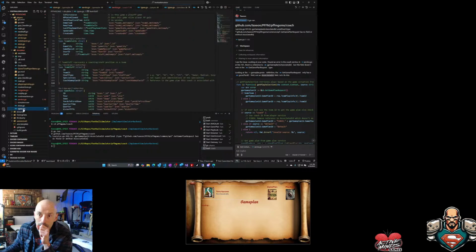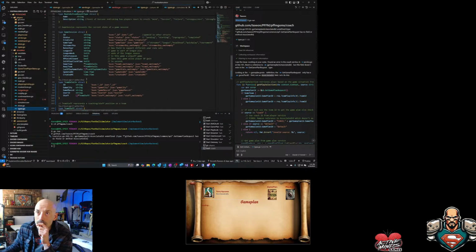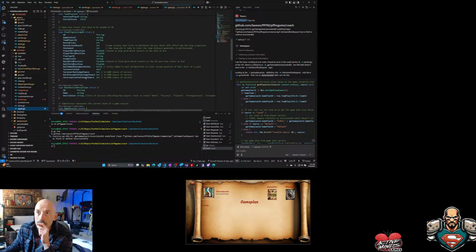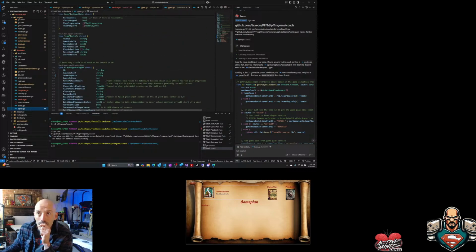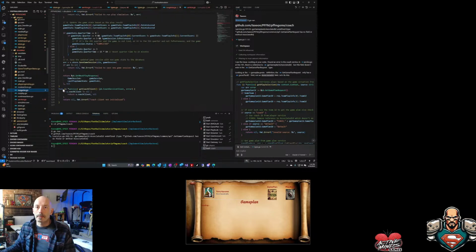If I go to simulator, go types.go, team play info. Team play info has possession, so that makes them the offense. Team play info has the ball, so whoever is calling the game plan